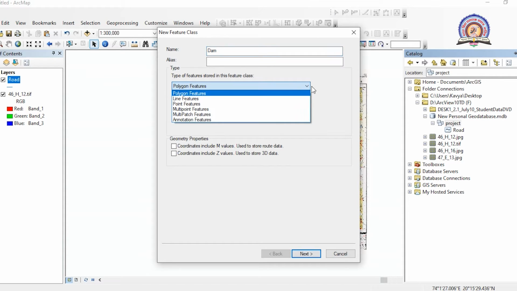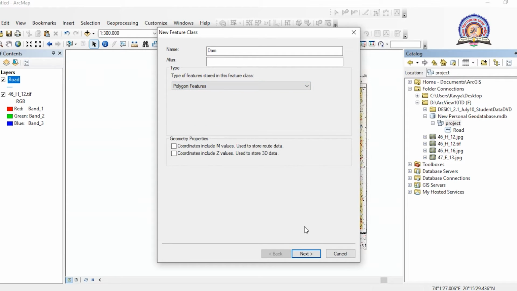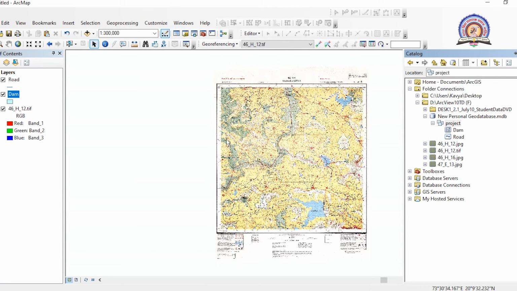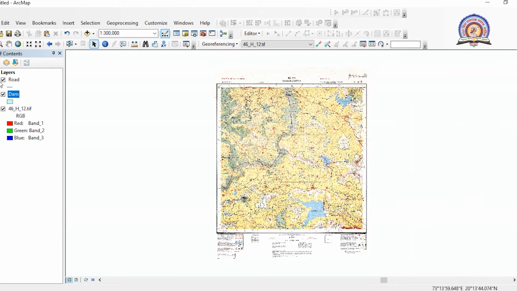From the feature entity, we will select a polygon feature. You can observe in the table of contents that this feature has a rectangular box, which means it is a polygon feature.